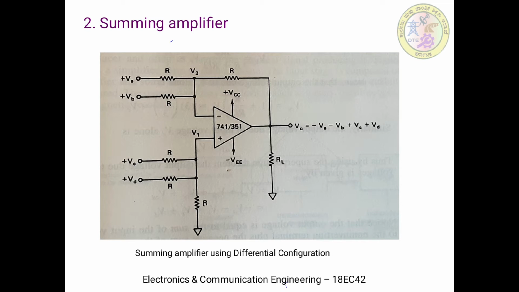We have to find the individual outputs because of a single input. Like we have to find output voltage V0 due to VA alone, and then the same procedure has to be repeated for other input voltages VB, VC and VD. But when you consider either VA or VB and you make VC, VD as 0, then we have only the inverting inputs. So the amplifier is now working as an inverting amplifier in inverting configuration.